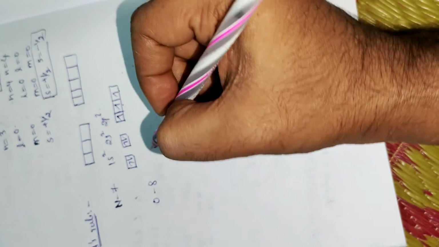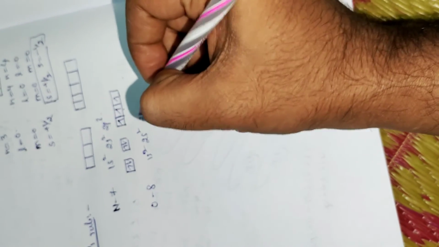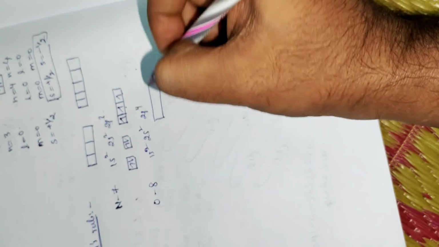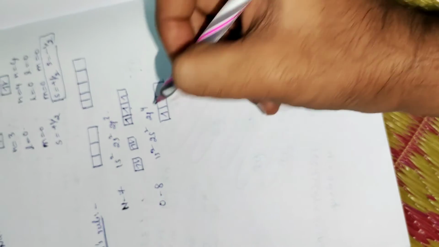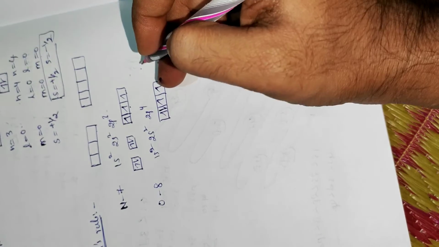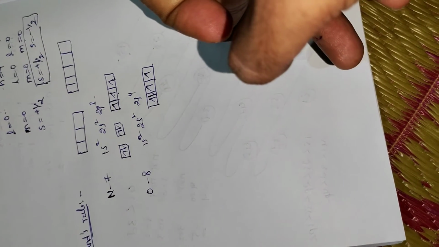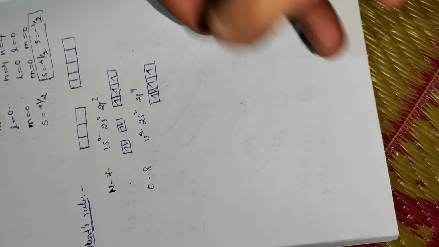Oxygen, atomic number 8: 1s2, 2s2, 2p4. In 2p4, how will the filling happen? 3 orbitals, 1 electron each. First one unpaired electron, next here one unpaired electron, here one unpaired. The fourth one goes for pairing, the fifth will be here, the sixth will be here, like this. First they form one unpaired electron each, then only pairing takes place. That is Hund's multiplicity rule.